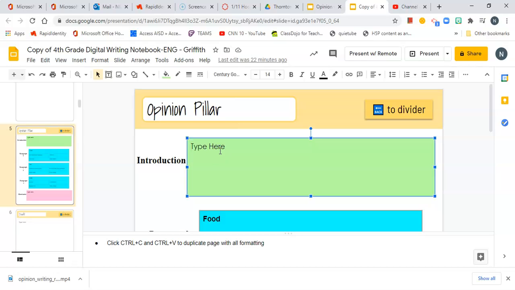So I can write, I'm going to start with a question. Have you ever visited a place that feels like you're home away from home?